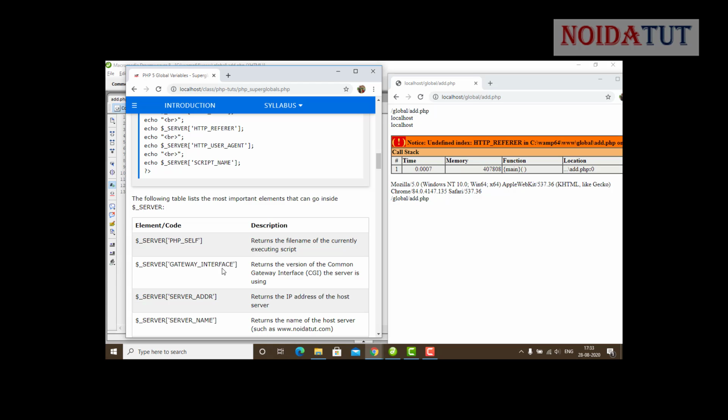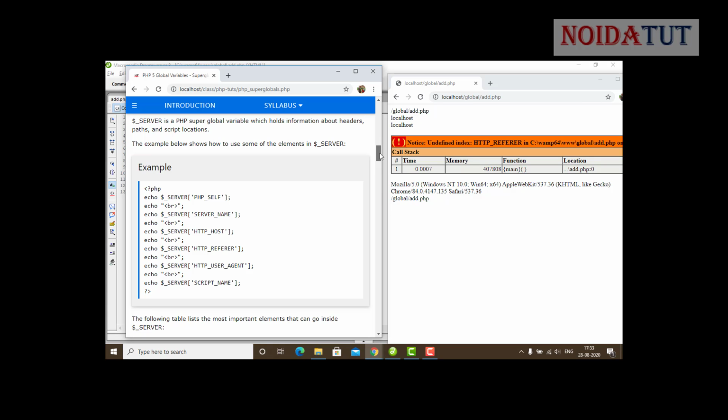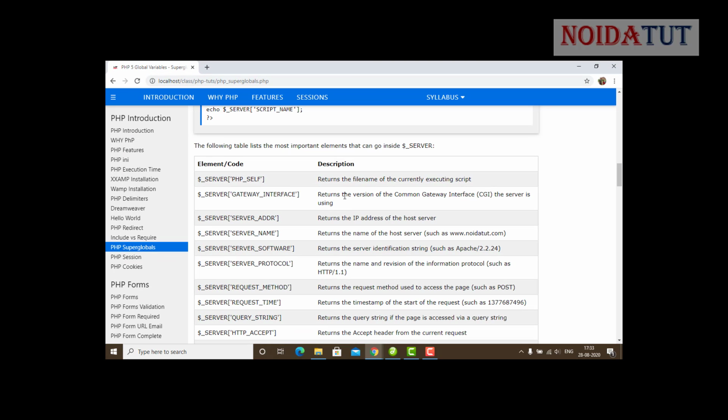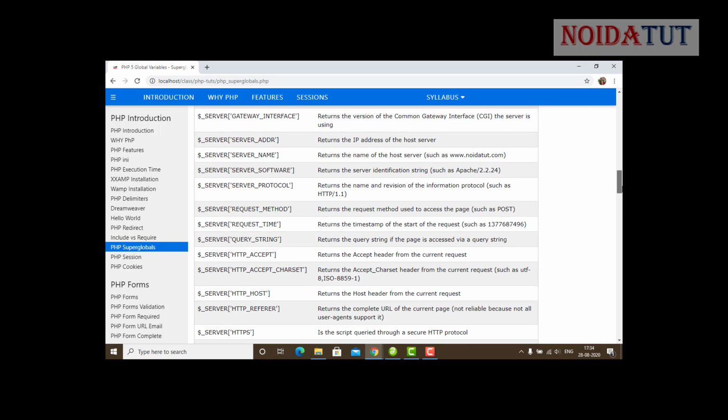Server gateway interface: this is the version of the gateway interface the server is using. Server address returns the IP address of the host server. Server name returns the name of the host server, like noida2.com. Server software returns the server identification string.